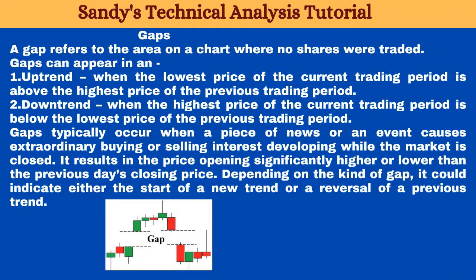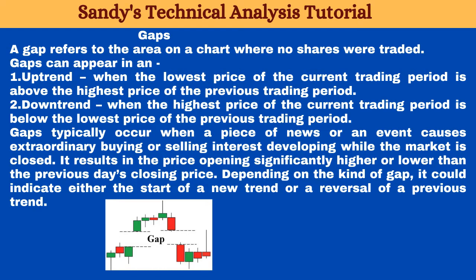Gaps. A gap refers to the area on a chart where no shares were traded. Gaps can appear in an 1. Uptrend, when the lowest price of the current trading period is above the highest price of the previous trading period. 2. Downtrend, when the highest price of the current trading period is below the lowest price of the previous trading